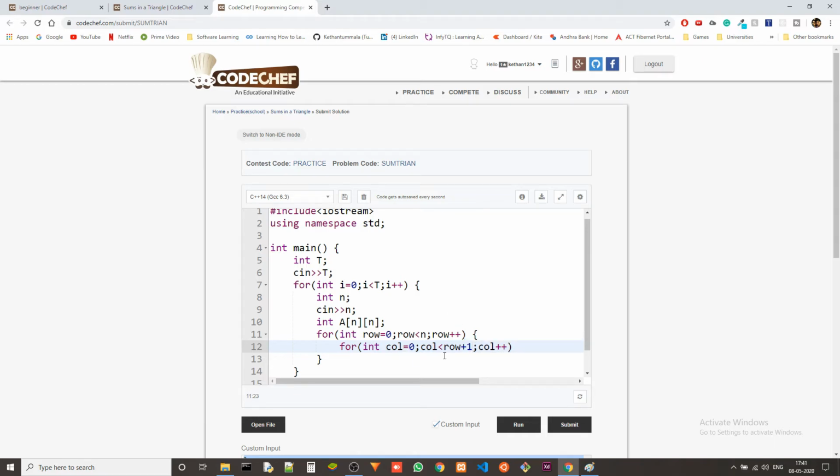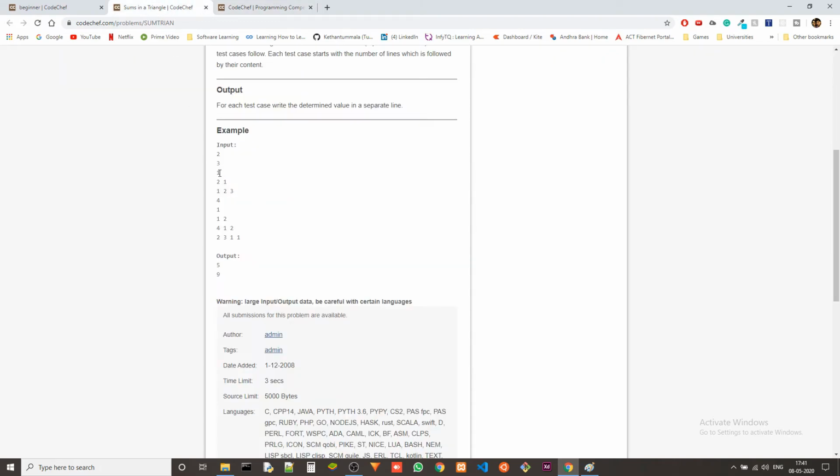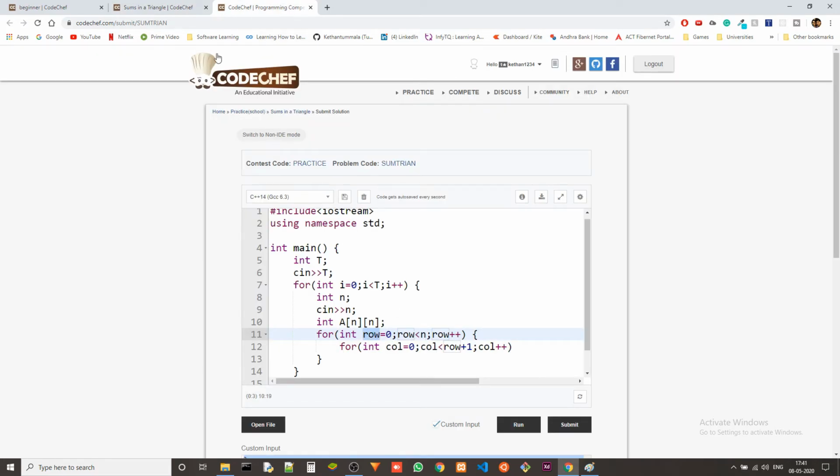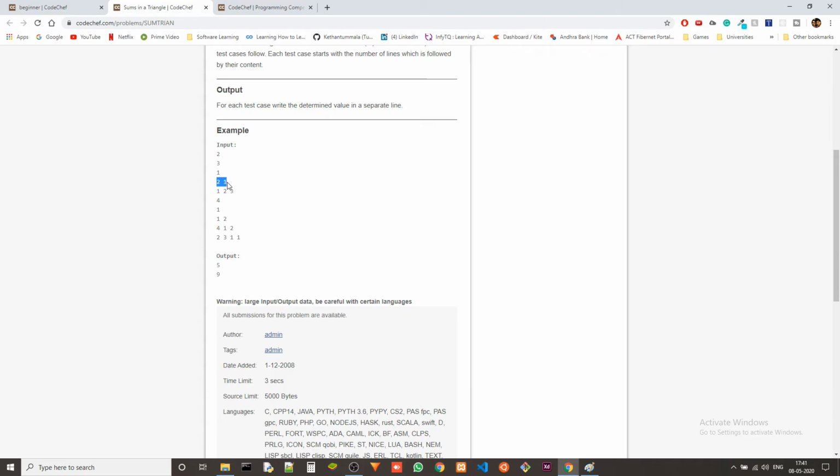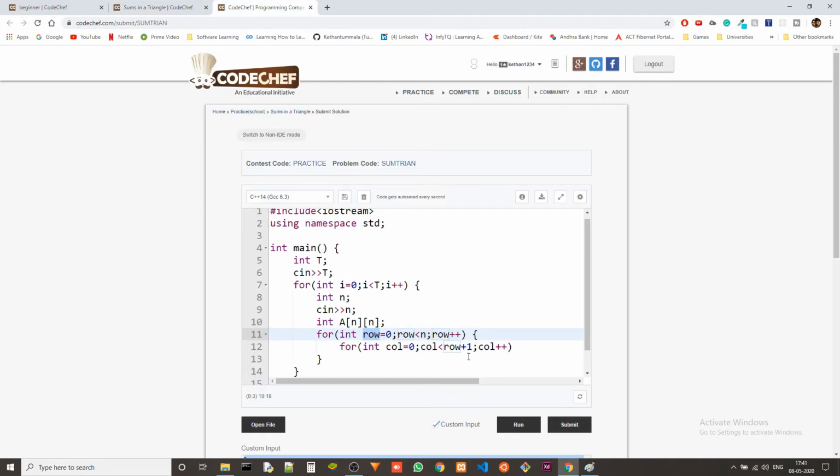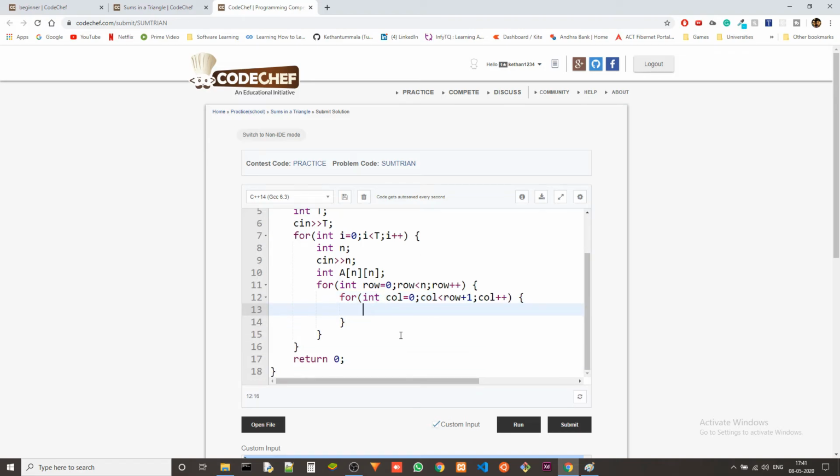This is because when we are at the first row, which is the 0th row, we can store one element, right? When you're at the second row, the value of the row variable will be 1, but you should be able to store 2 of them. That's why we'll use row plus 1. We could also think about it like every row will have row plus 1 number of columns. It's as simple as that.